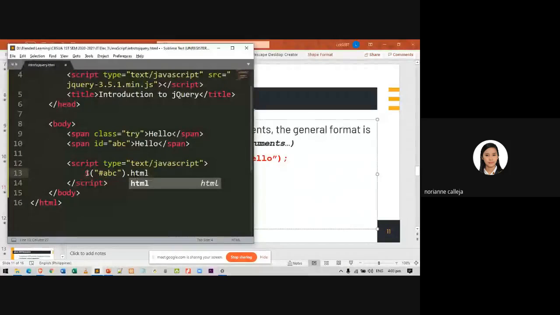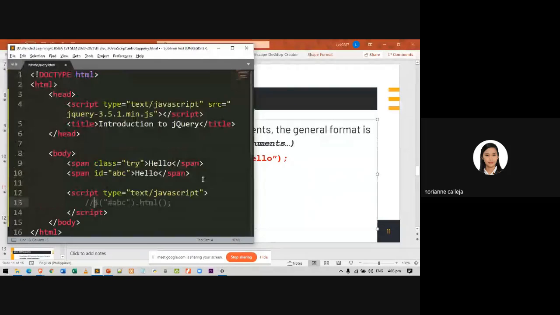Before I apply some manipulation, I will be running it first for you to see its output. I have here two span tags. I will be running it, and this will be the output.